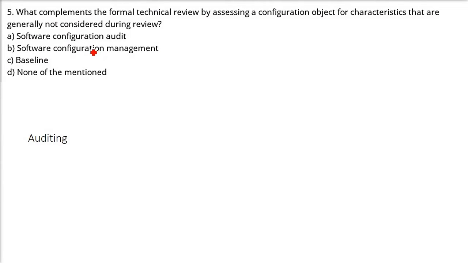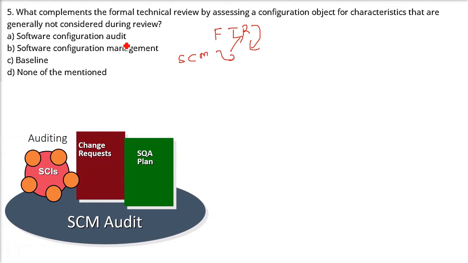What complements the formal technical review by assessing a configuration object for characteristics that are generally not considered during review? So when the technical review is done, it is for software processes, whether the design is made properly, whether the testing is done properly. So in the SCM, there is one more audit that is somewhat equivalent to technical review, but it is actually complementary to technical review, and that is called the software configuration audit. So the answer is